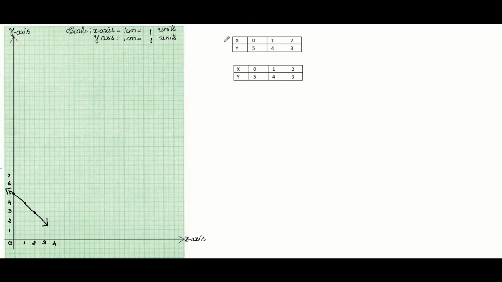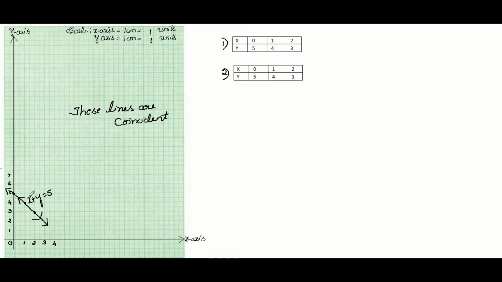Since it is coincident, for both the lines the collection of points, all the values are the same. Okay, so there is no need of writing 2 lines. We have to just put 2 arrow marks here separately. These 2 arrow marks signify that 2 lines have been passing through the same points. Okay, here the equation is x plus y is equal to 5. So this is the equation for this coincident line. Okay, next we have to write that these lines are coincident.